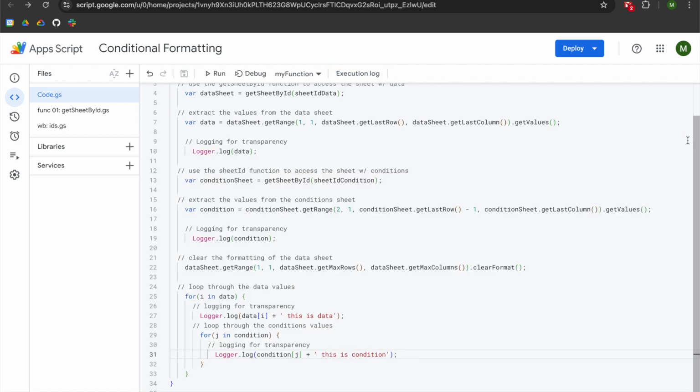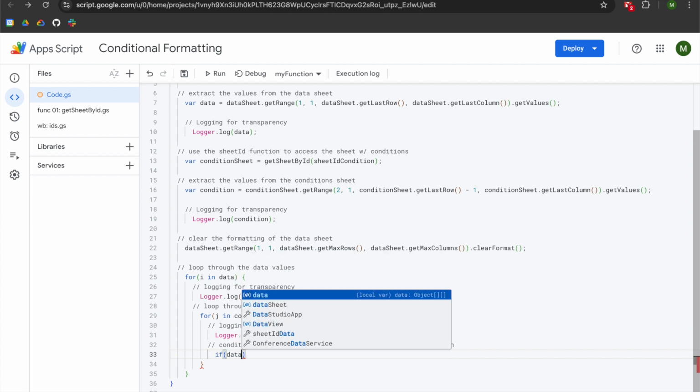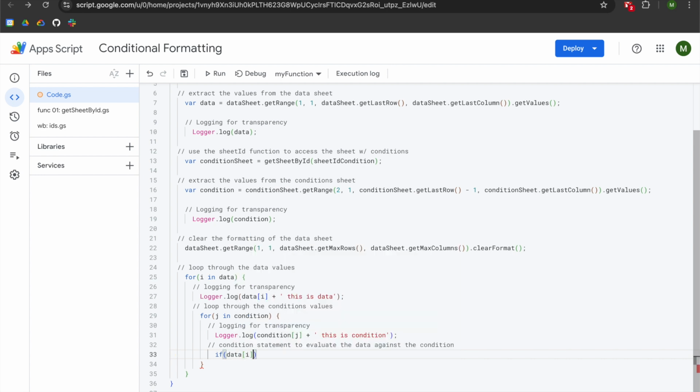So we are going to resume on line 27, and we're going to hit enter once, left arrow once, left arrow twice. And now we're going to add 2 slashes for a comment, conditional statement to evaluate the data against the condition. We're going to hit enter and tab. So we're going to use an if statement, and we're going to say if data square bracket I. We're going to go to the right, and we're going to add another square bracket, and we're going to enter in 0,